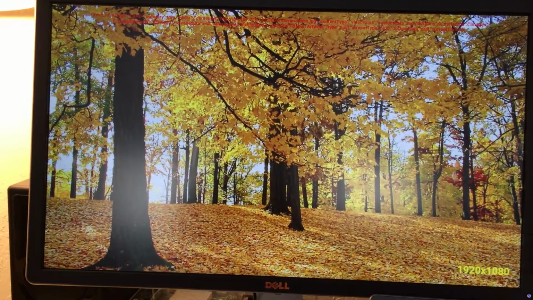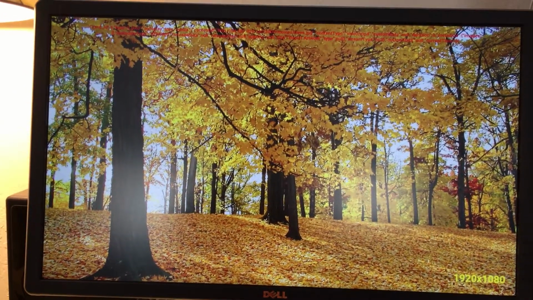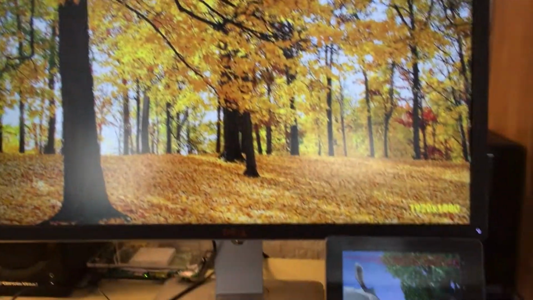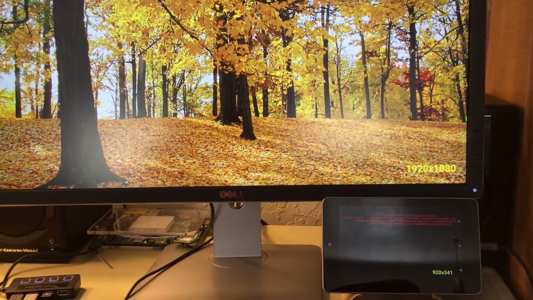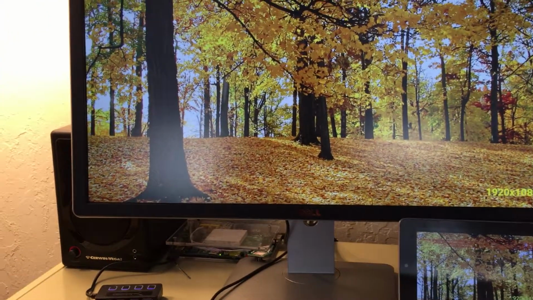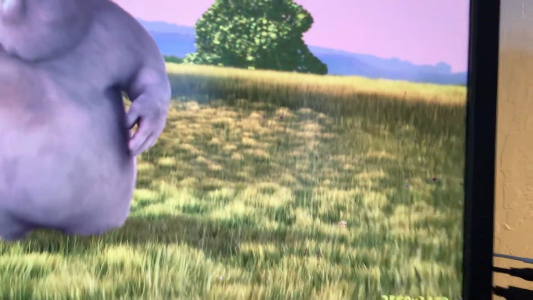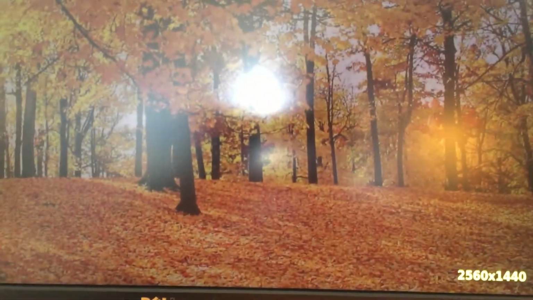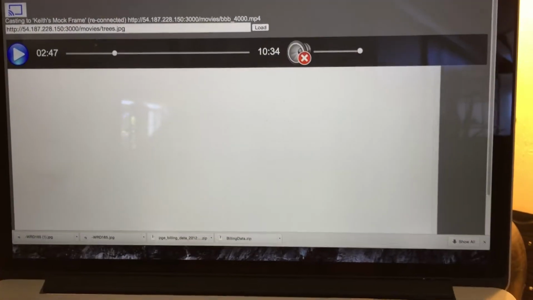Casting a still image. Do the same with the Nexus. And we'll try the same here. Okay, so now we'll go to